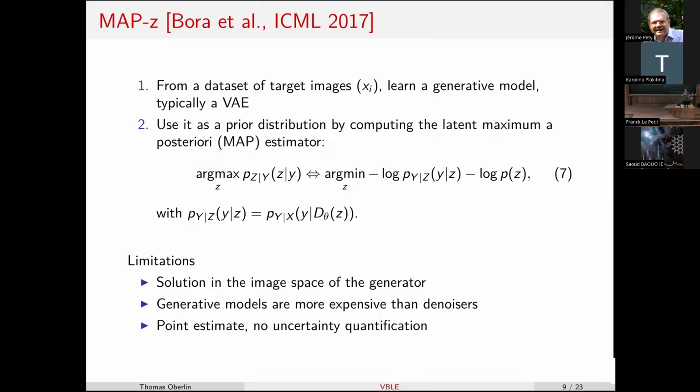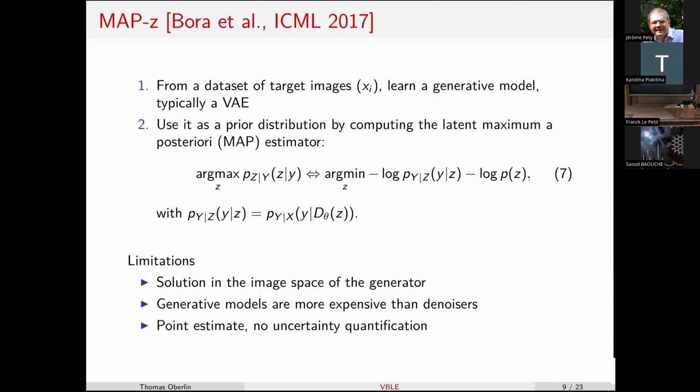VAE, variational autoencoder. So it's a generative model. Once you have learned the VAE, you can keep it fixed and use it as a prior to solve the imaging inverse problem, trying to find x given your observation y.